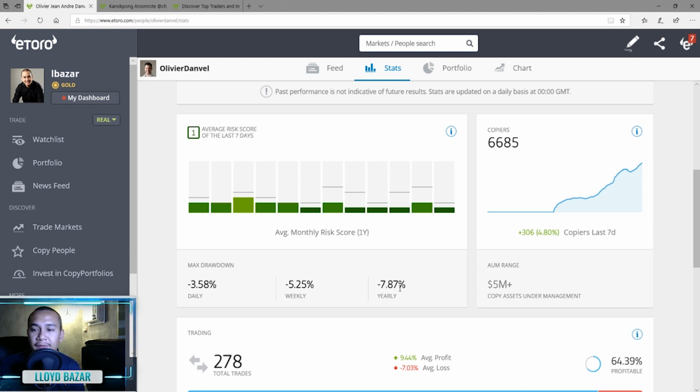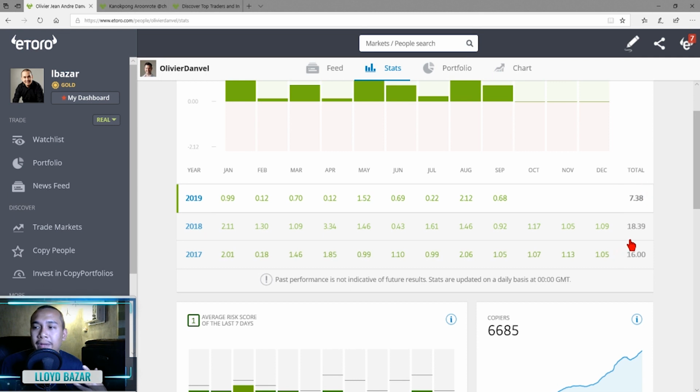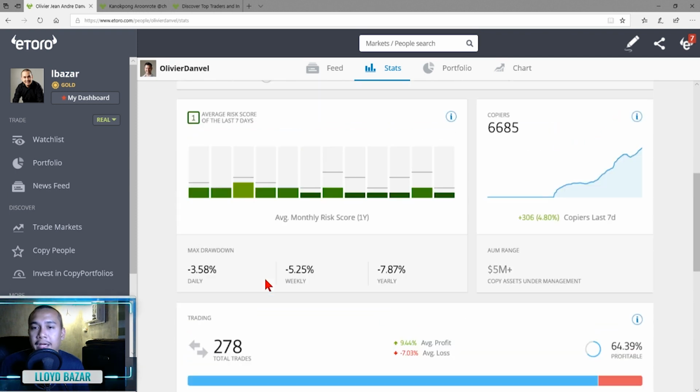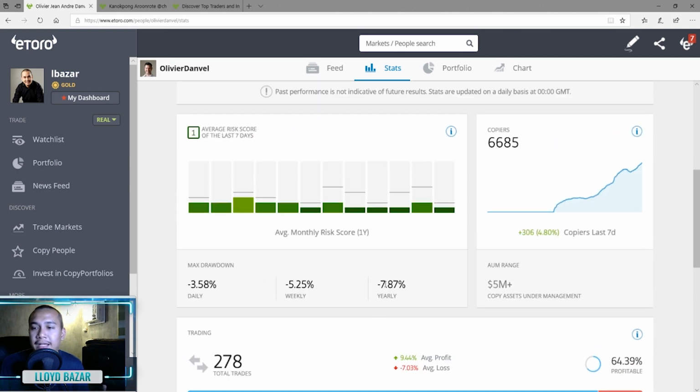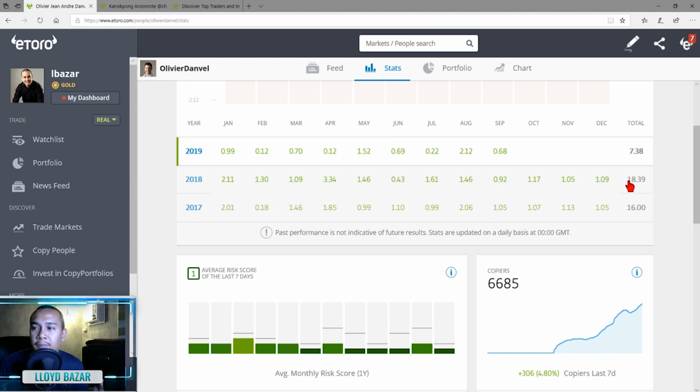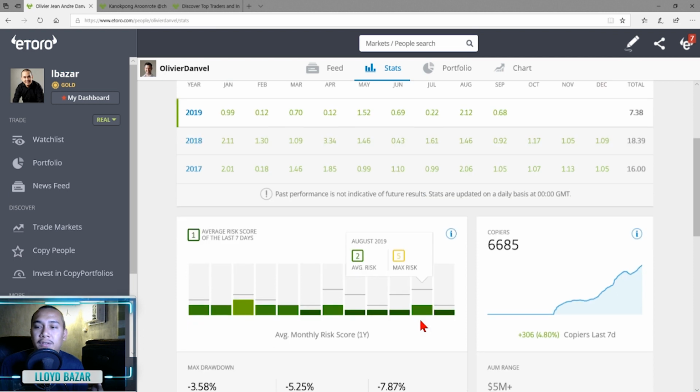7.87%. So basically this is how it works. Are you willing to risk 7.87% to win 18%? So that's more than 1:2 risk. So one part risk, two parts wins. That's already very good. So basically, that's how you interpret this. The yearly drawdown is negative 7.87. Okay, so are you willing to risk negative 7.87 for a possibility of winning 18.39%? So that's what you need to consider.